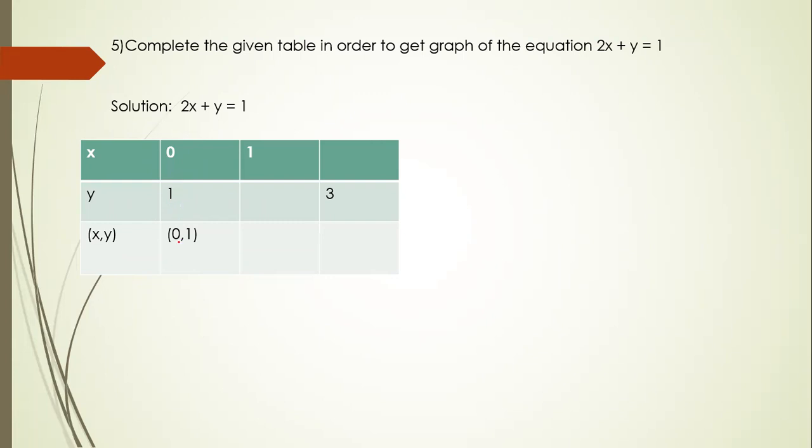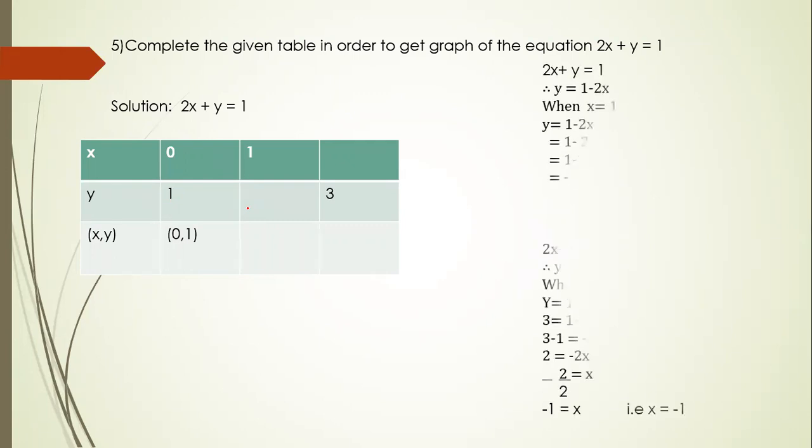So this is written over here 0 comma 1. So if the value of x is 1, what will be the corresponding value of y over here? That we need to find. Okay. So for this we need to do the working. So let's see the working of it here. In the working, we will first copy the equation given to us as it is, 2x plus y equal to 1, right? So y we will keep over here only and we will change the place of 2x.